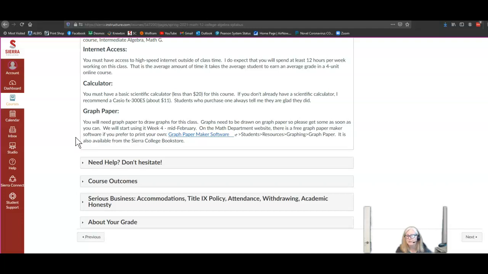So please get some as soon as you can. We will start needing it for assignments on week 4 in mid-February. So on the math department website, there's a free graph paper maker software if you want to print your own, or you can purchase it from the bookstore and you can use your book voucher because I put it as a recommended resource,